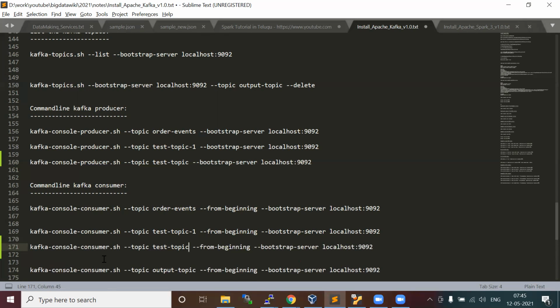You see there is a kafka-console-consumer.sh, and you have to provide the properties, which is the topic name,